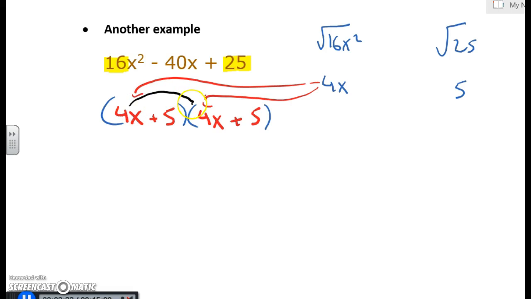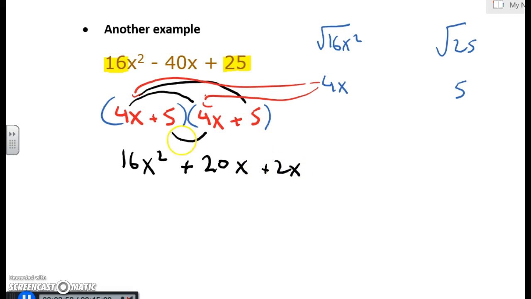So we'll go first to get 16x squared. Okay, that's good. And then outside, 4x times 5 to get 20x. And then I'm going to do the inside to get plus 20x, and then the last here to get plus 25, and then when I combine my like terms, I should get 16x squared plus 40x